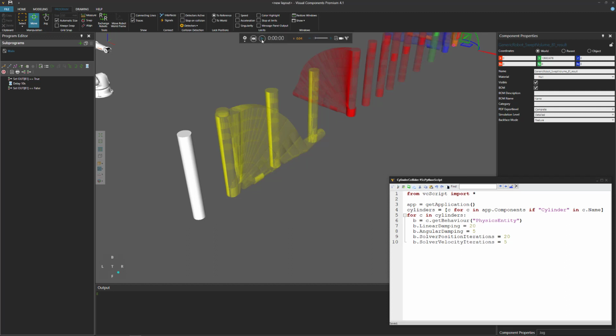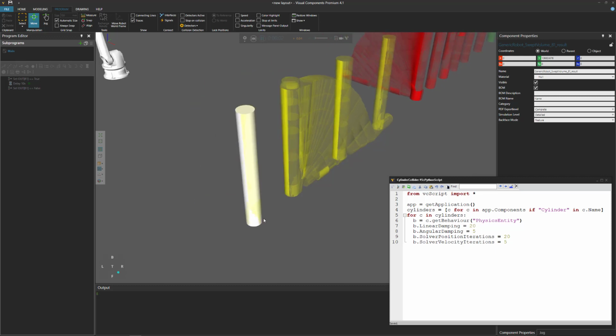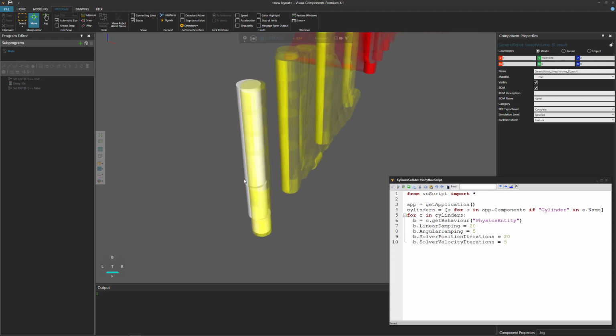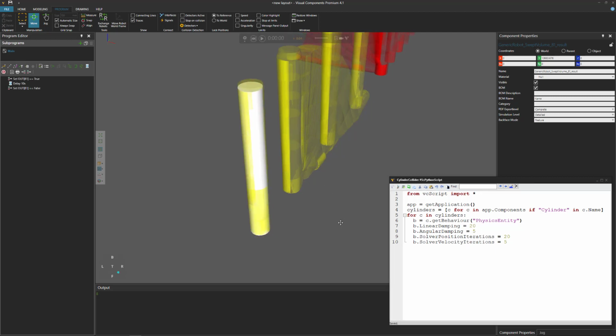Compile the code, run the simulation, and it is quite stable. Let's move apart. And yep, that's pretty much not going anywhere. So we can run the simulation and try to keep on moving it. And it did fall over, but it's still kind of stable just by using a little bit of damping here with the solvers. Okay, let's reset.